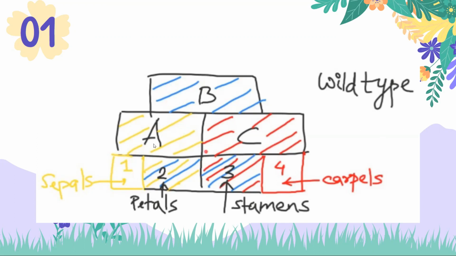As we saw in the table, for the formation of sepals alone, the class A genes are sufficient. Therefore, I have just outlined it with yellow. But for your petals, you require both A as well as B, so I have given it two colors. Similarly, for stamens, you require class B and C genes, therefore the stripes. And finally, for the carpels, the fourth whorl, only C is required. This is what happens in a wild type. This is how every normal flower is formed and how the genes work.